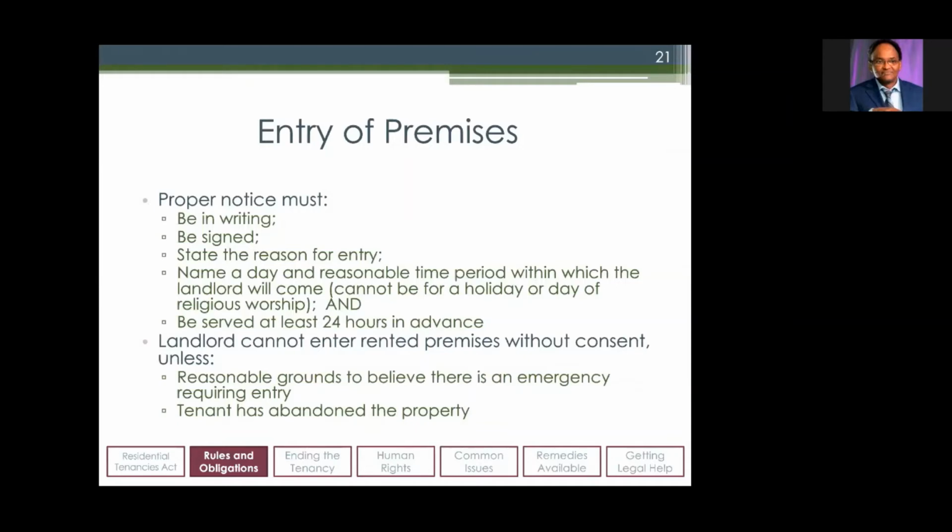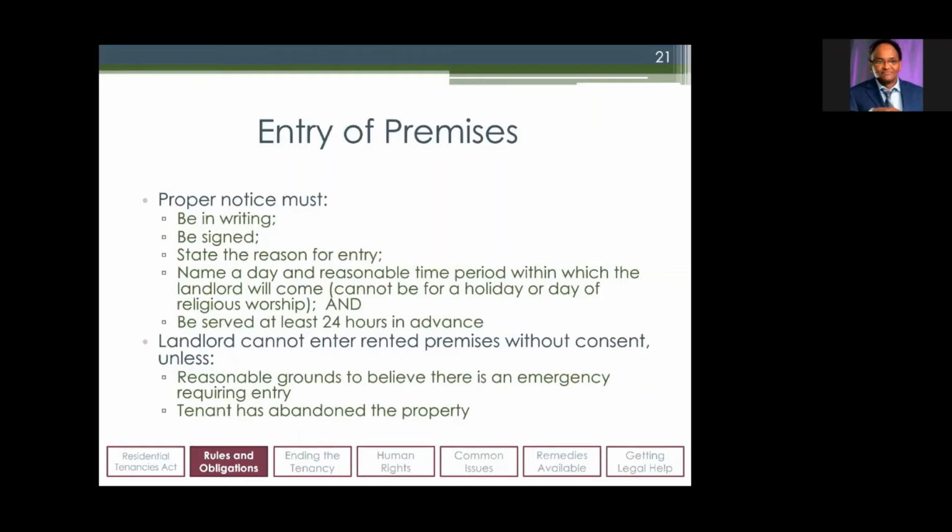Like for example, if you're not at home and for some reason the water starts bursting from your taps, so something needs to be done right away, or there is maybe a fire hazard and the alarms are going off, and so they can't wait for 24 hours, of course, to intervene and do whatever repairs are needed. And also if they believe that you have abandoned the property,